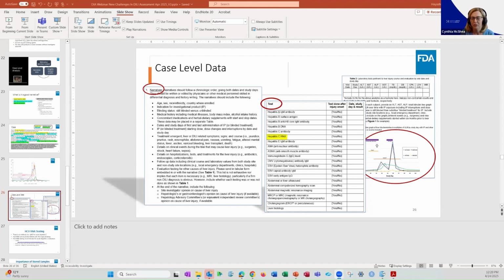So first off is standard safety looks. If you standardize your routine look at safety data to include a look at potential hepatotoxic cases, and have a means of looking at those in a very efficient way through data exploration using a tool like Safety Graphics or something similar, if you have something different internally, it can really help you identify things in real time, create those patient profiles, those narratives, and really navigate through your data and understand it well before you ever get to the point of submission.